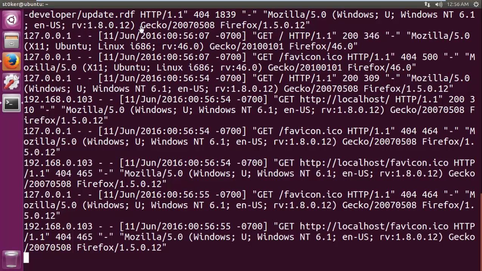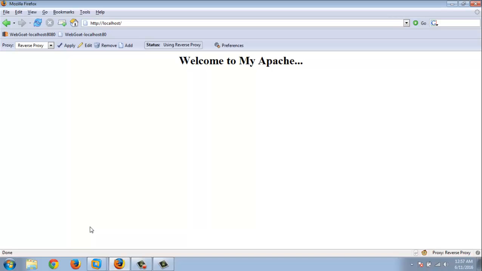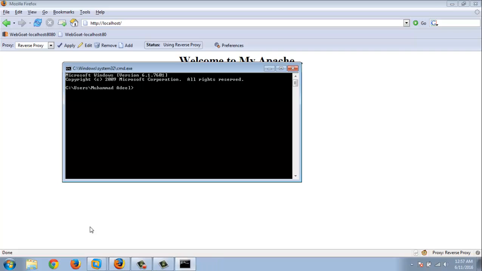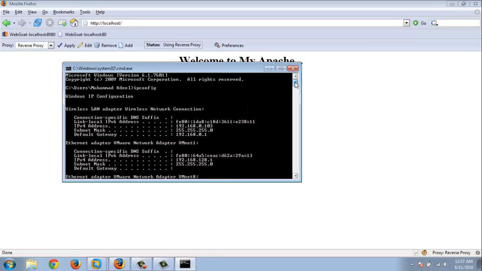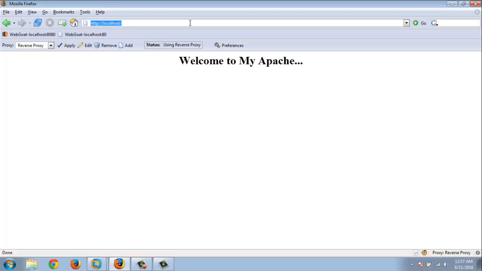Welcome to my Apache, and if we go ahead and see here, we can see that 103 here it is, and this is the IP address of this machine. To confirm it, if we send an ipconfig, you guys can see that it is 0.103. So now if this machine uses anything,